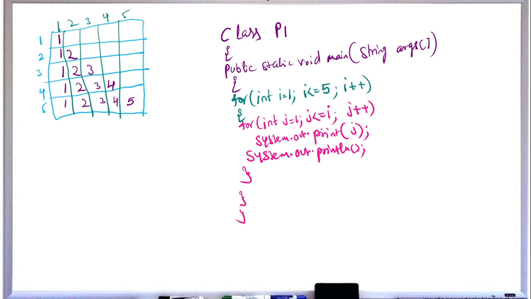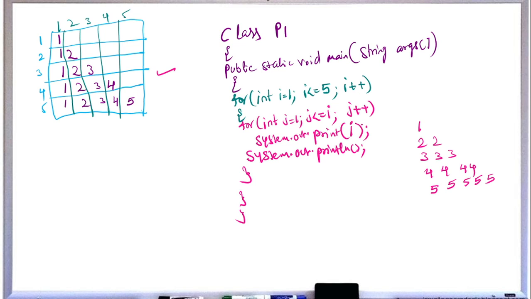By making small changes, you can convert the same program to different patterns. Now I want to show that this pattern is over. For example, instead of j, if you use i, then it will print this pattern: 1, 2 2, 3 3 3, 4 4 4 4, and 5 5 5 5 5. So easily we can convert this pattern to that just by changing j to i.